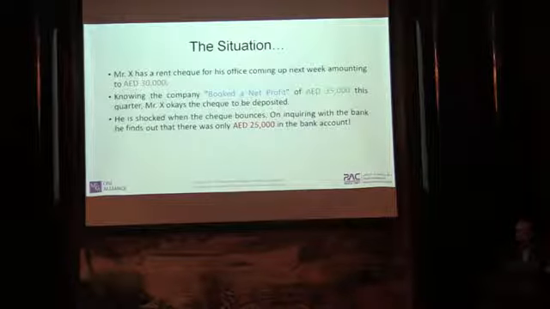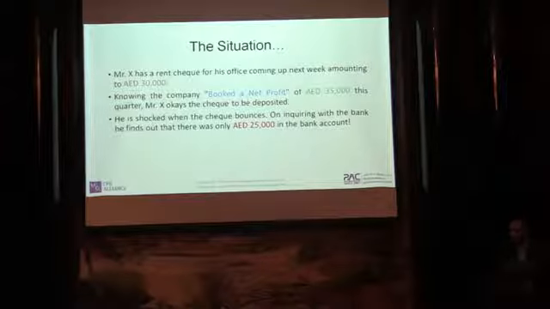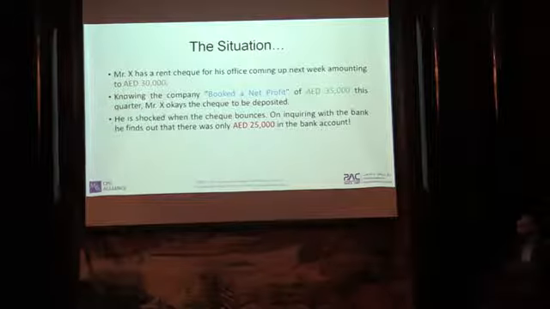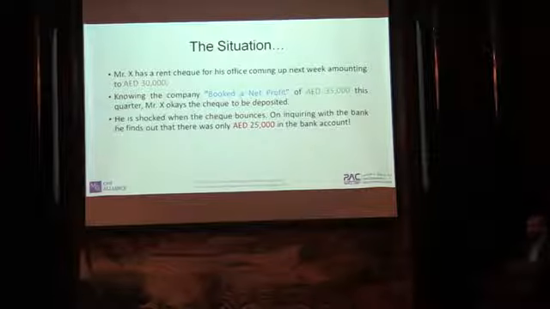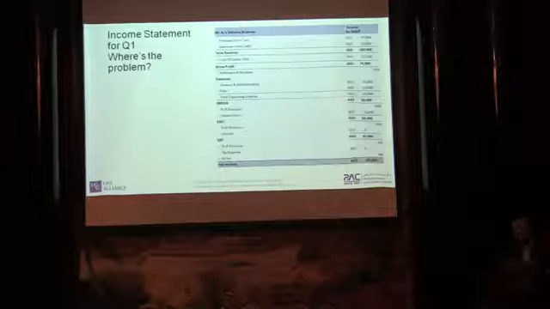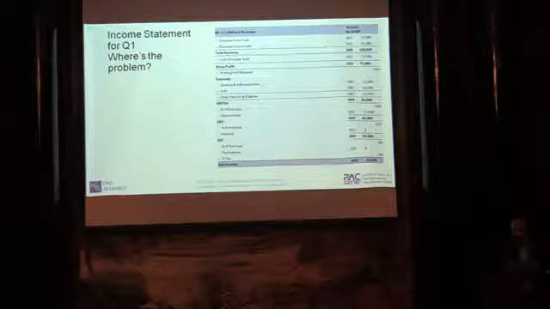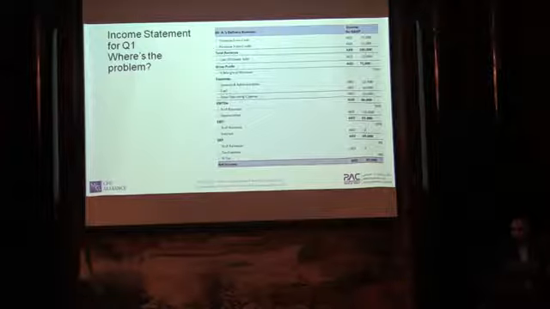Moving on, what happens is he has a check coming up for 30,000, but unfortunately the check bounces. In the bank, he only has 25,000. How can that be when reported was 35? So he asks his accountant to give him a detailed statement. Do you see the problem here? Does anyone see the problem?